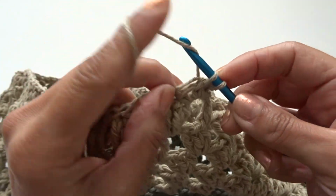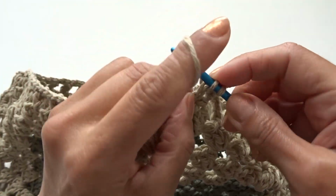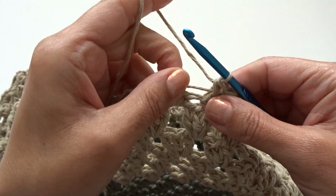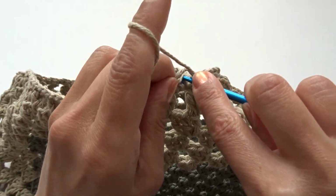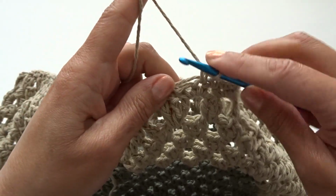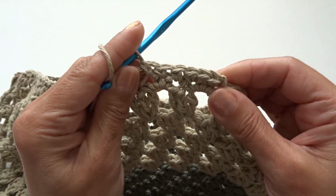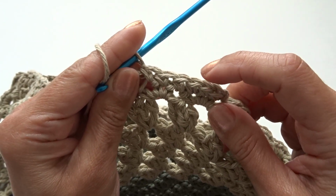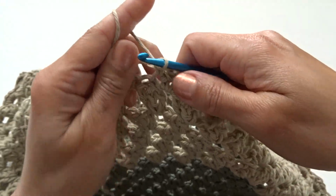So here's 1, 2, and I'm holding on to the yarn tail so I can just work it in. 3, 4, and 5. Here, with the first one, we have a total of 6 single crochets. Here's 1, 2, 3, 4, 5, and 6. Don't chain 1, turn your work,